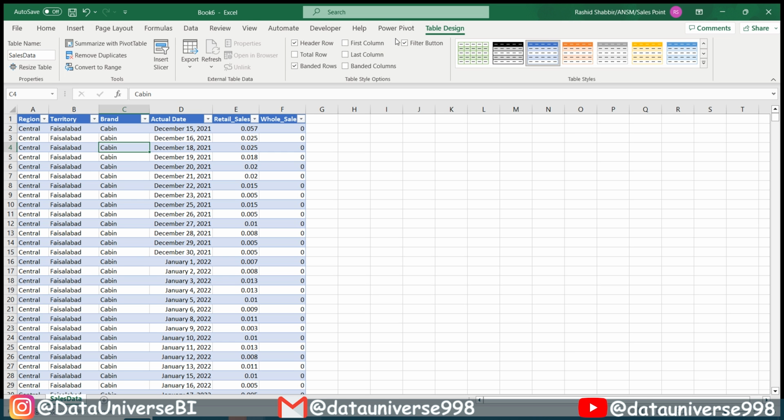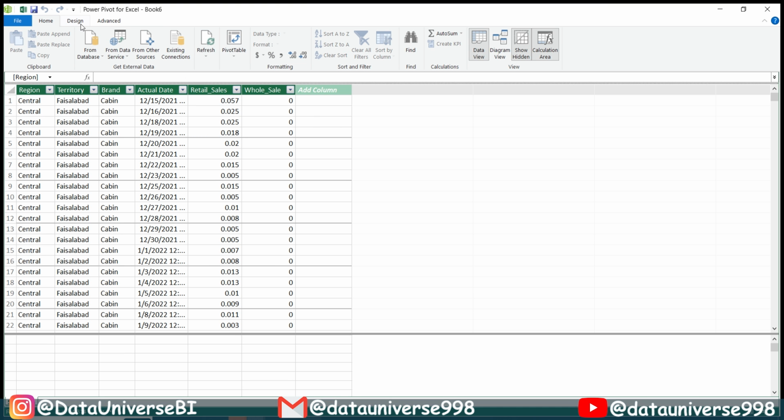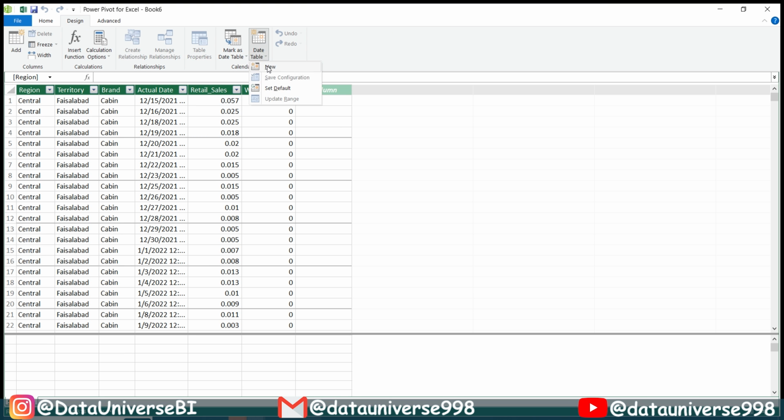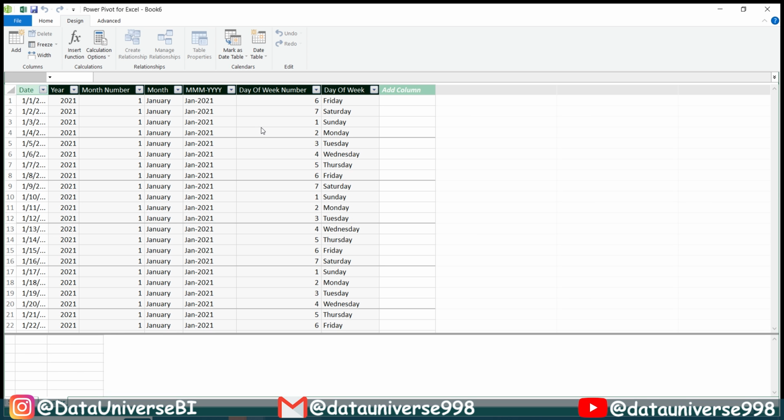So now I'm going to Power Pivot and I'm going to add to data model. Now I'm going to design, and here I will be adding my calendar because I have to make some time related calculations in this project. So I'm going to add this calendar table. So here I'm going to add